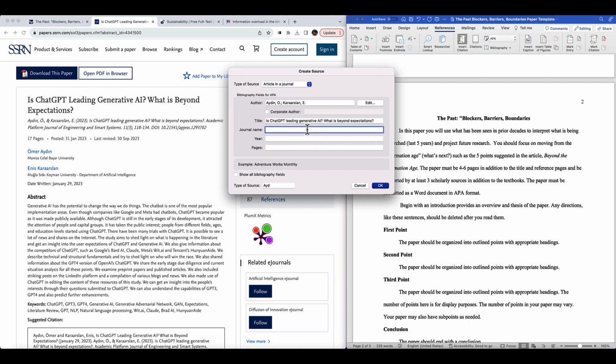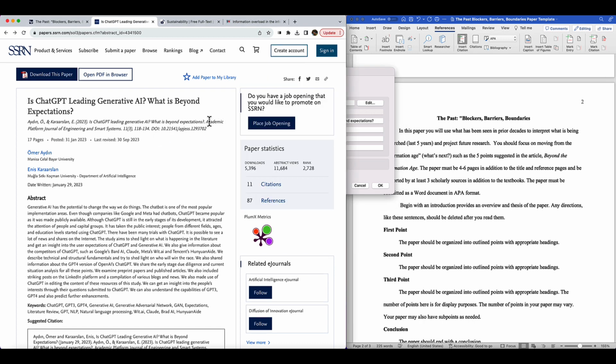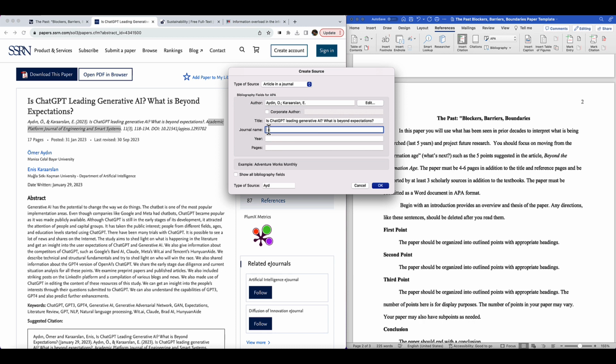The name of the journal this comes from is Academic Platform Journal of Engineering and Smart Systems. So I'll right click and copy that, and go over and add that to the journal name. I'll right click and paste, and make sure it gets my A in there. Okay, so the year is 2023. Pages are 118 through